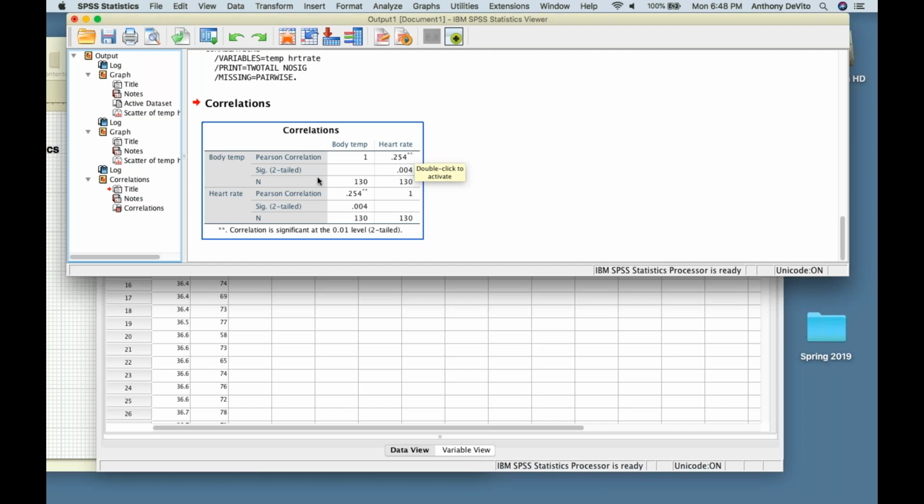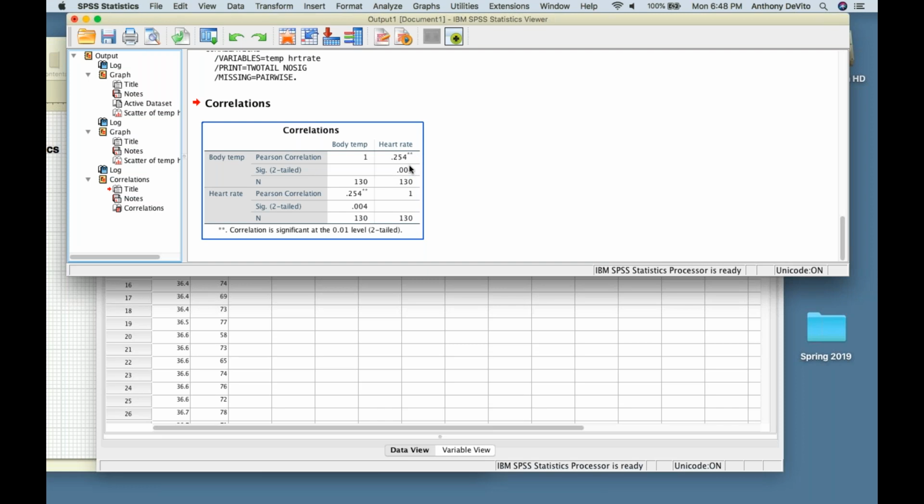Now, if I look down here, the significance, the probability, the p-value is 0.004. Well, what is that telling us? That's telling us that even though this may not be a terribly significant or useful association because it's only 0.25, it is telling us that it's a statistically significant result. In other words, if our null hypothesis is that there's no association between body temperature and heart rate, that would be an R value equals